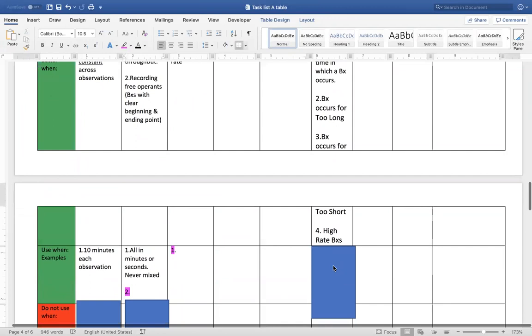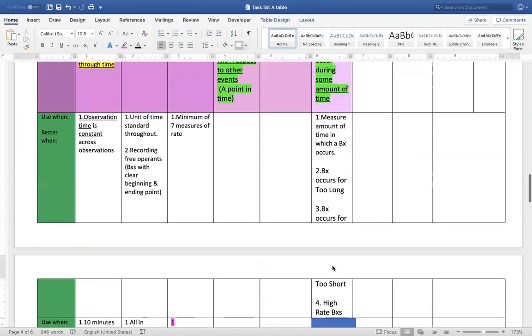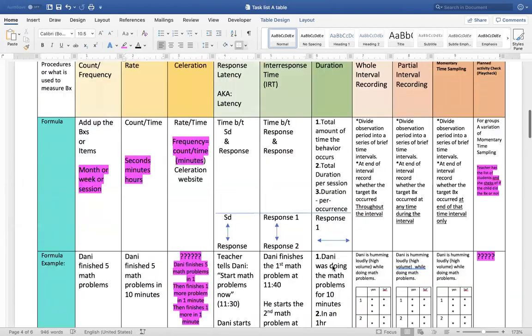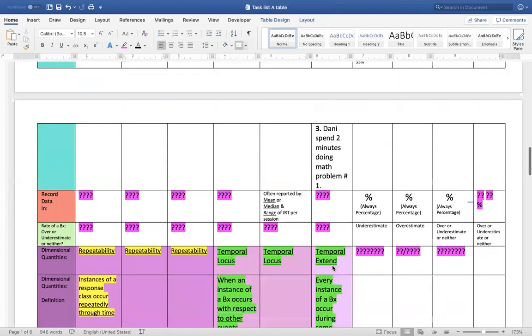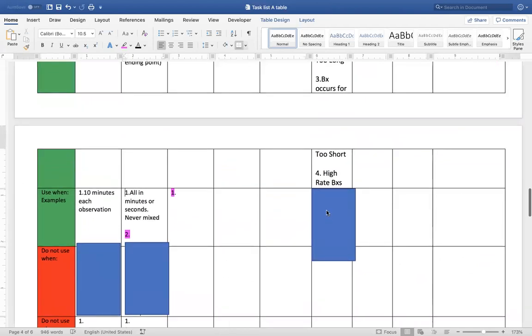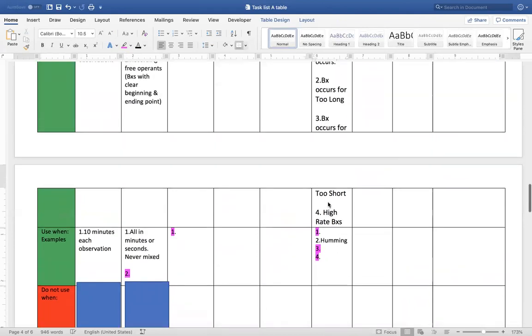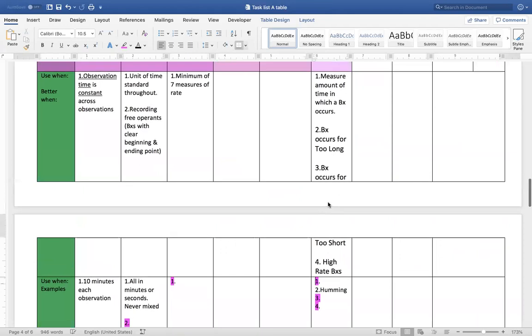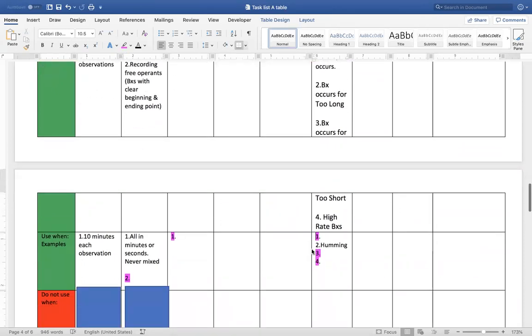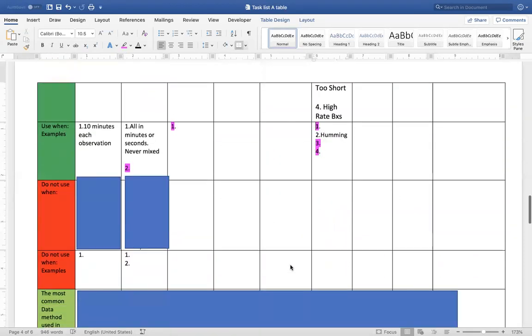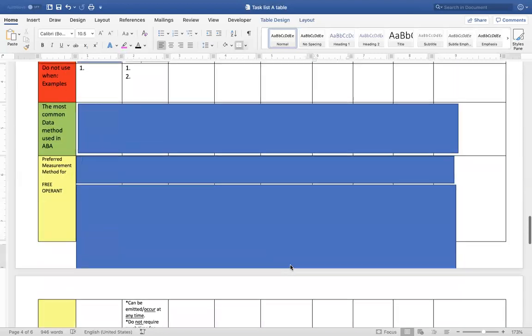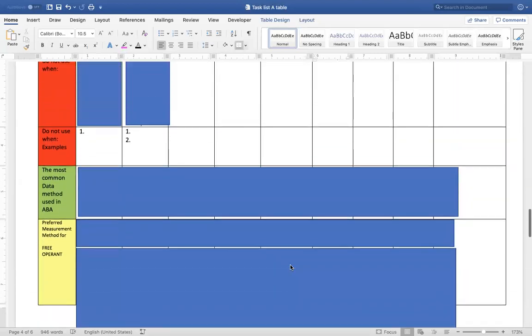And the last one that I found, it's right here. It's a little hard unless you have it printed out because it's hard to go back. This one that we're talking about right now is duration. It's good to use it when... and this is an example. I just put an example for the second one, which is the humming, the one that occurs too long. But I didn't have an example for the rest, so if you guys just want to fill it in.